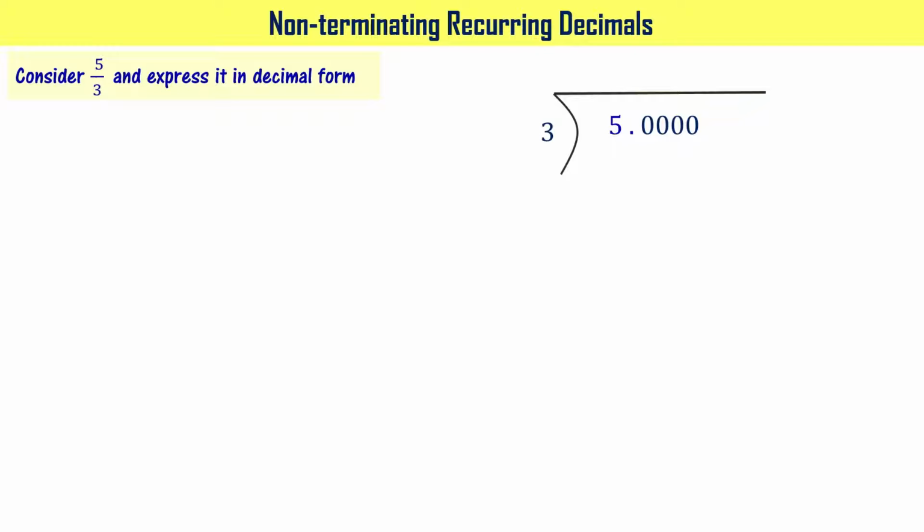We know that 1 times 3 is 3, right? Let's subtract 3 from 5. So you got 2 as the answer, right? You see here that after 5 we have a dot. It means the dot has to appear in the quotient also. Please note this. Once you write the dot there, you bring down 0. So 2 has now become 20, right?